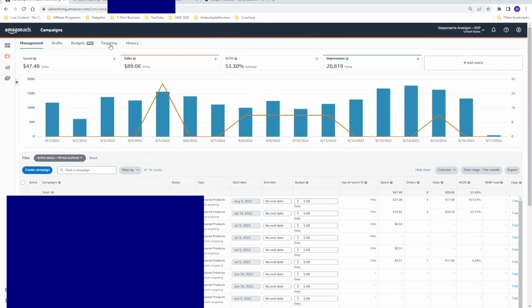At the button targeting, you can analyze the best keywords for each campaign. And the button history is important if you make any changes in your campaign. All the changes are recorded and you can analyze whether the changes had an impact on your campaign. Then there's a button with reports.